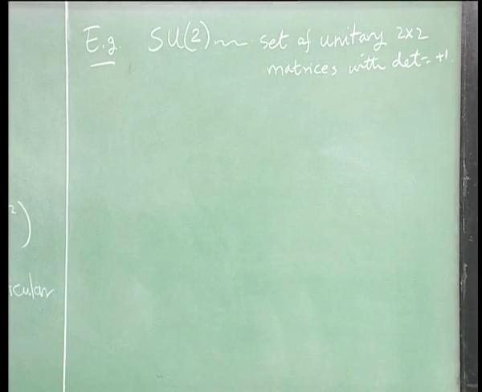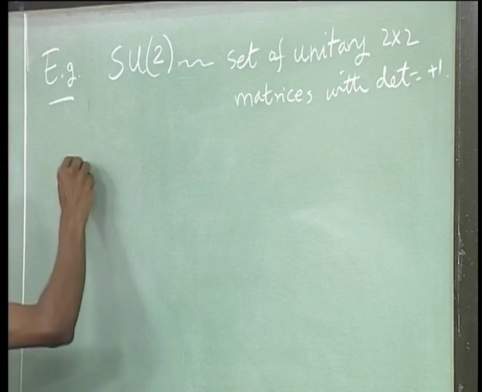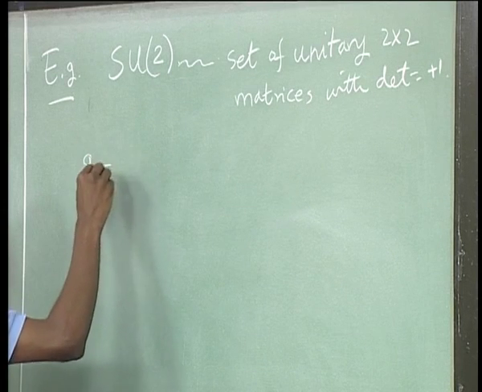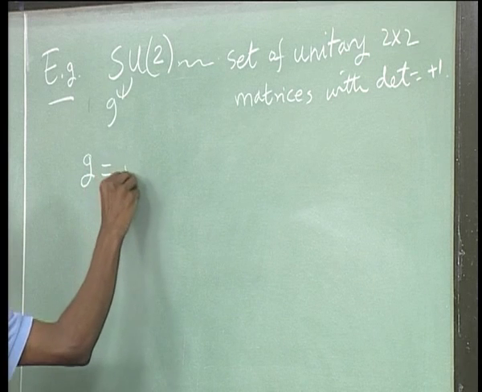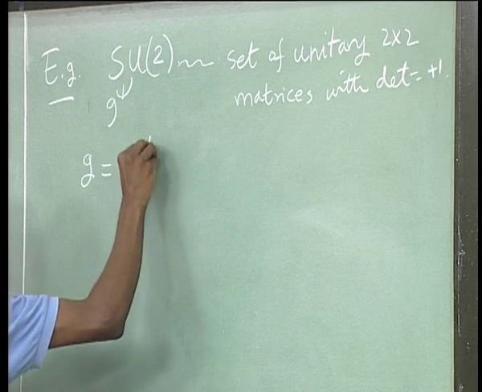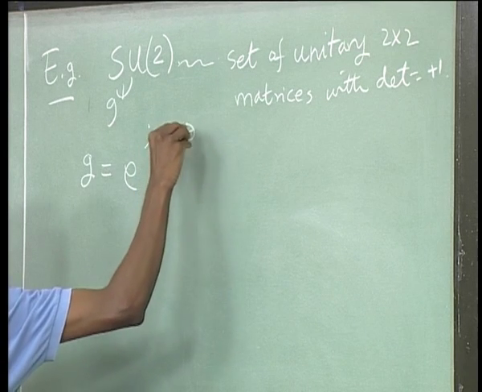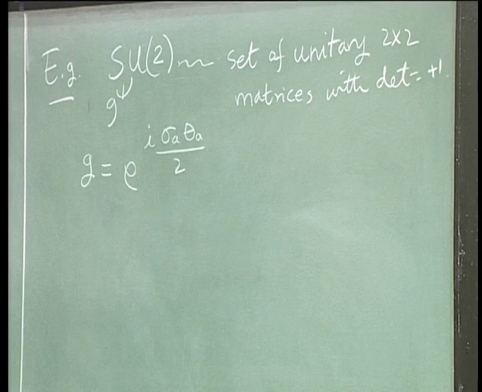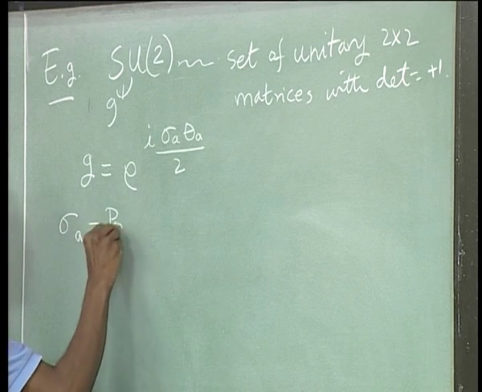And in one of your assignments, we have actually shown that a typical element G which belongs to SU(2) can be written as the exponential of, okay, so sigma A here are the Pauli matrices,